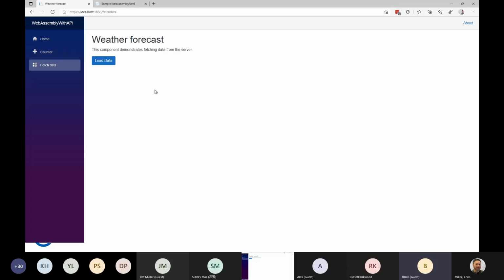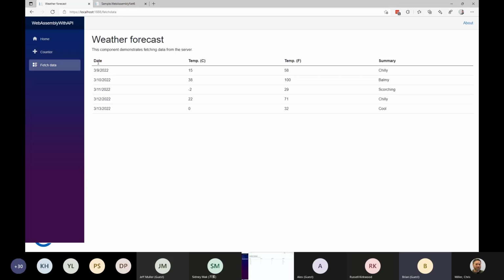And on fetch data, we're kind of jumping a load data. We jumped over to a web service, got it, pulled it back. I'm going to select one of the records, and we have a child process, additional data, and I'm going to click update, which is going to do an update record to our database or simulate it on the server. And boom, instead of scorching, it was updated. If I do the top one, which is chili, hit update, boom, it was updated.